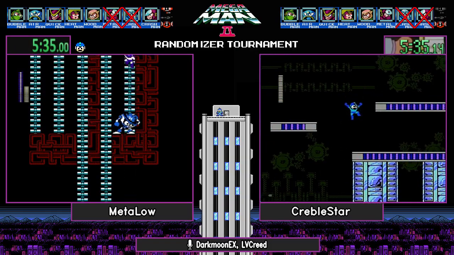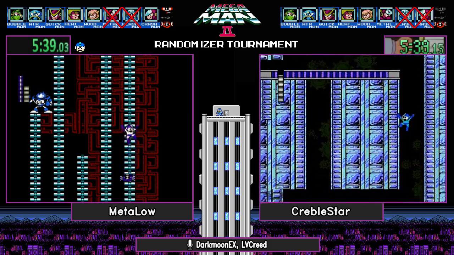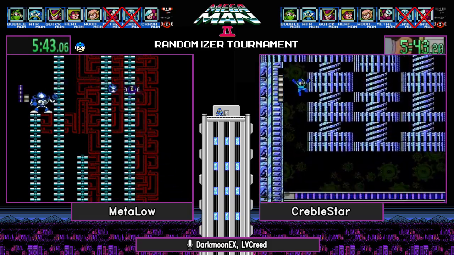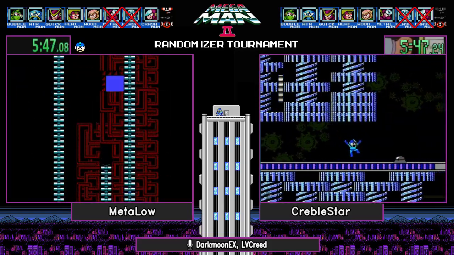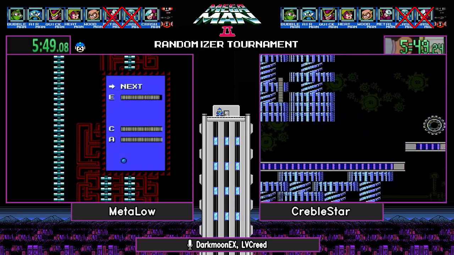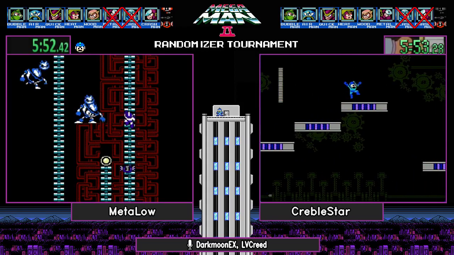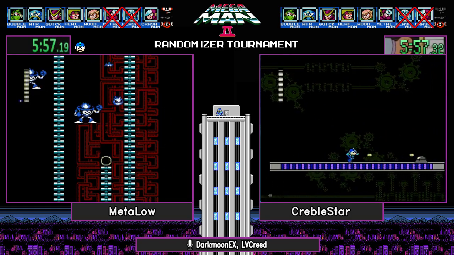MetaLow against the Shanky Makers on the crash climb. Actually, this is one of the more annoying enemy sets for this area. The Shanky Makers are very accurate in where they fire their shots. So, taking the E-Tank very wide. Yeah, because a few more hits, smart move right there. A few more hits from the Shanky Makers, and that pretty much would have spelled a pretty far back